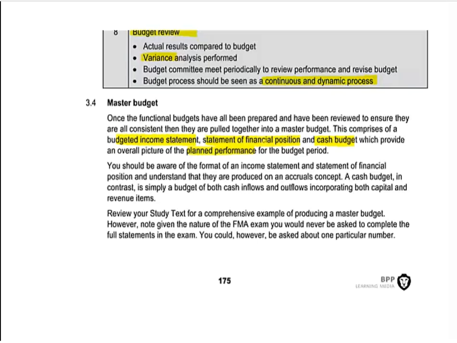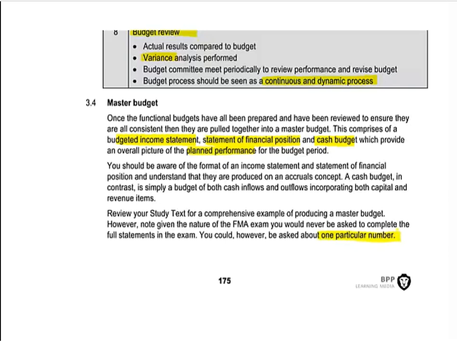That is because in this exam, you're never going to be asked to produce the three statements in full. It's more that you need an overview of the process. However, you could be asked about one particular number, which is why we're going to work through some of the